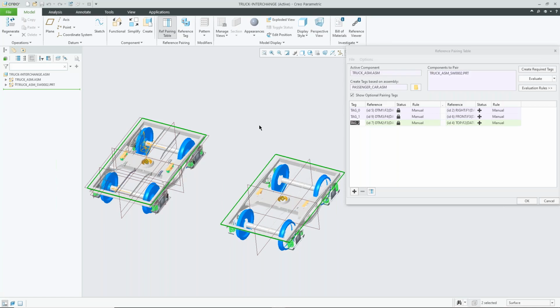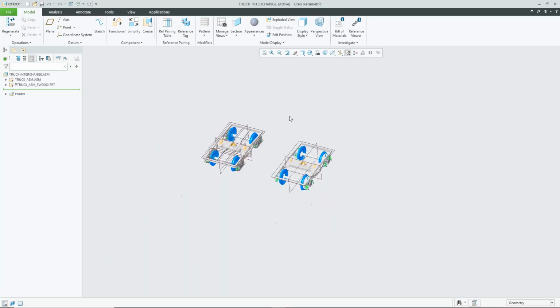Now for this one, because it is only being assembled into the passenger car, it only gives me the references that are assembling it into the passenger car. If there were things that were assembled to it, I would also have those listed as well. So any child references that it may be using from another part or for another part will also be listed here, so everything swaps appropriately. But once again, the only thing I'm assigning on this is assembling it into the truck, into the passenger car, sorry. All right, so now that that is done,